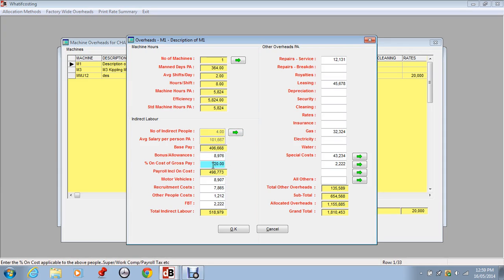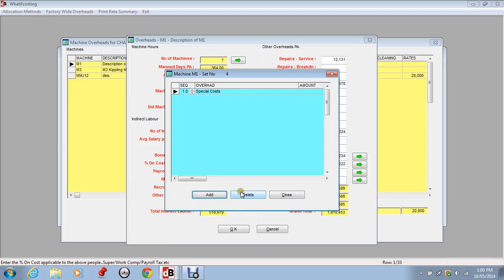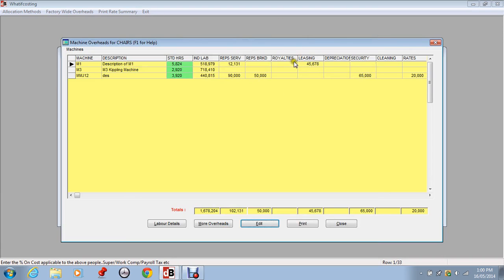These are on costs applying to salary, but they don't include such things as annual leave or that, because that's included in this base pay. Motor vehicles, other costs. Then you've got your other overheads. These are the standard overheads here, but you can have 3 user-defined overheads, and you can have an all other section where you can add other overheads like so, and you then build up to all others. So what we see here is the overhead for this particular machine. So that brings that